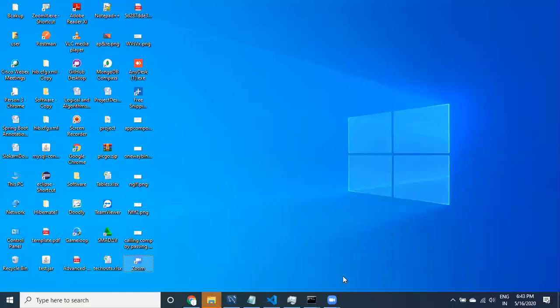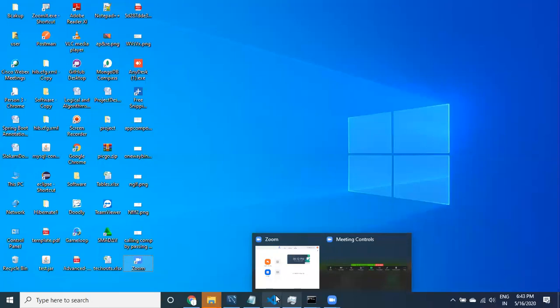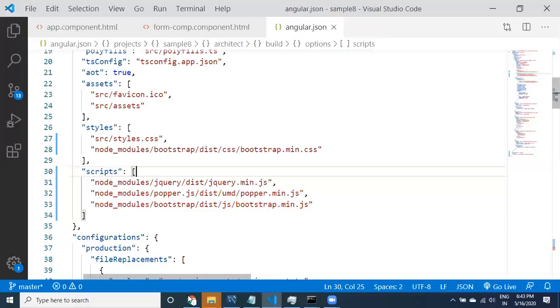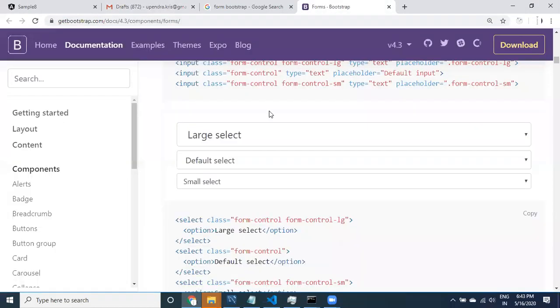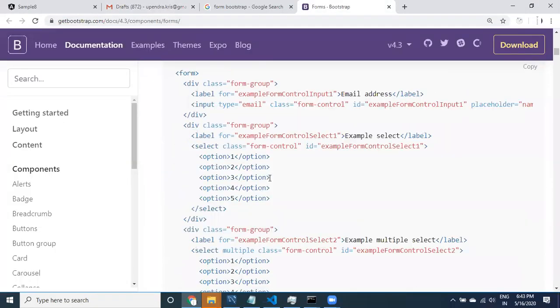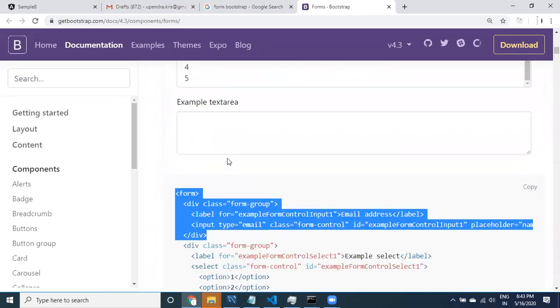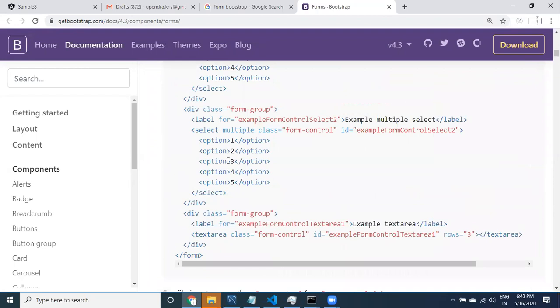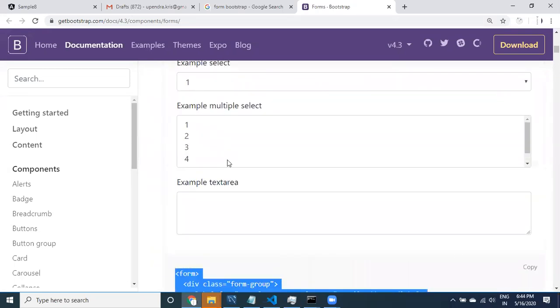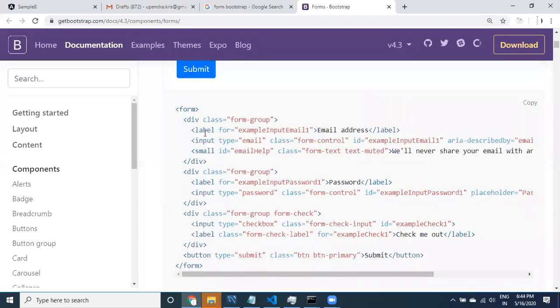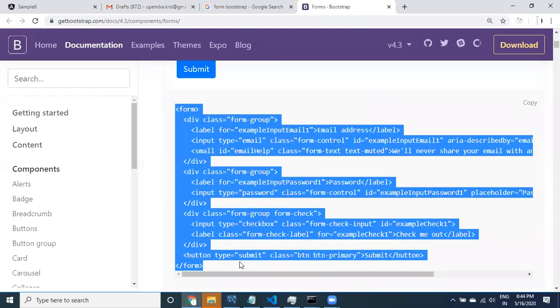Coming to the thing we are talking about, yes, form, right? Let us go to the form. I'm going to take one of these, whatever you want you can take. Let us look at it, guys. So this is the information. Multiple things are there. Of course, let us go to a very simple thing. I want to take a very simple form.